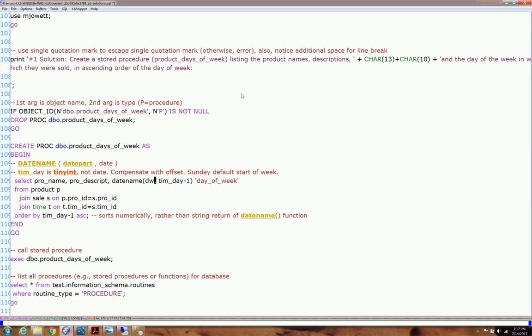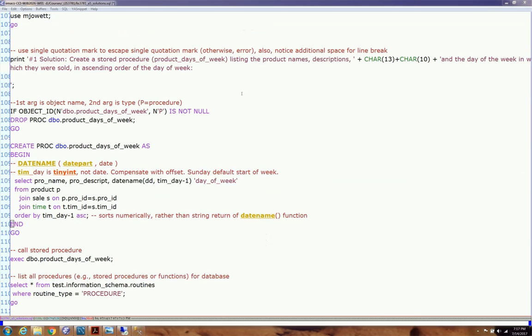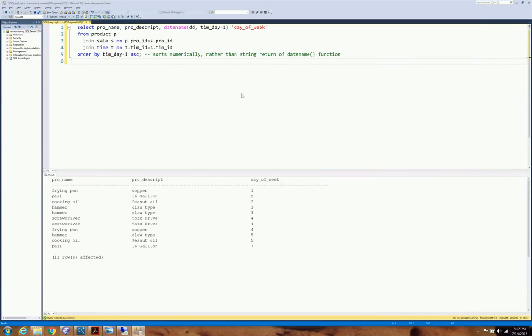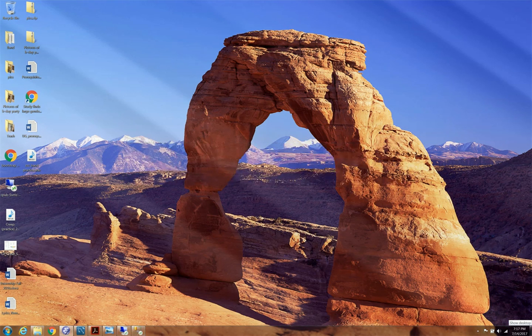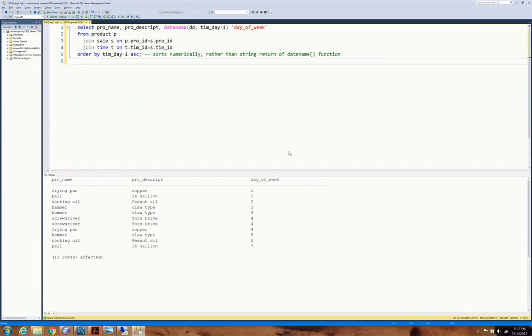Research the DATENAME function in SQL Server. If I did DD and then did this again, you would see that it is evaluating correctly. I think I'm running low on RAM over here because it's running really slow. It's not actually, it's got 8 gigs of RAM. It's because I'm running out of hard drive space. You can see that the day of week is correct. So Monday, because we